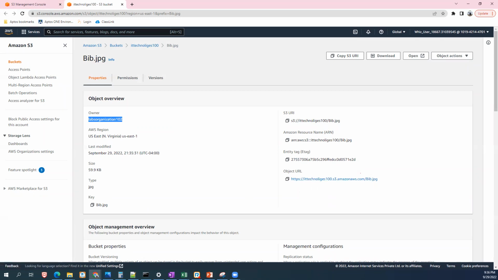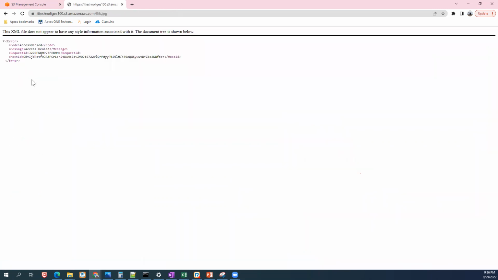So let us click on this one. Yeah, this is the object URL, like our website URL, like bankofamerica.com or something, right? This is the URL. This is how we can access it. So let's click on it. Access denied. Good. Let's see what we are missing. Under objects, okay, there is something missing. You see the access denied message, which means the object is not publicly accessible. Still, it is not publicly accessible. Let us see what is missing.